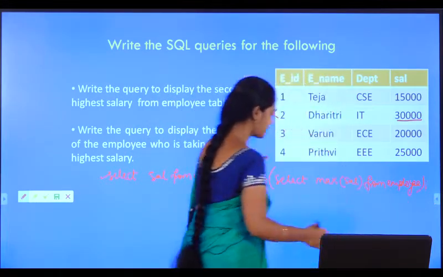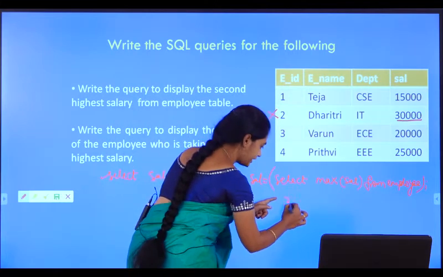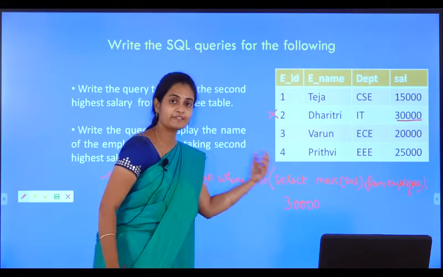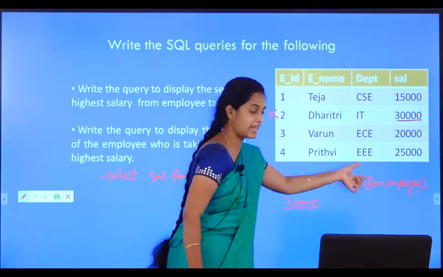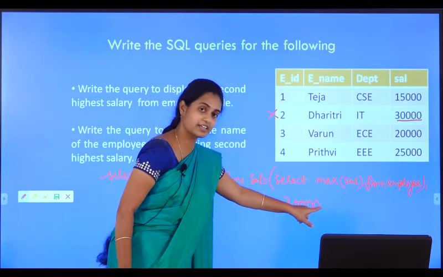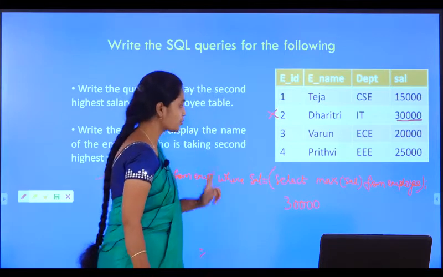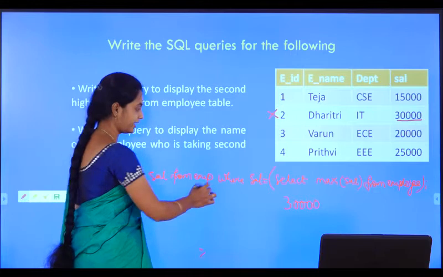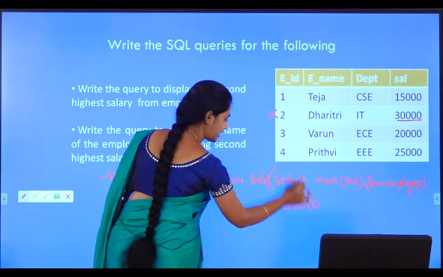Now what happens here? First, the inner query will be executed. What is the inner query? Select maximum salary from employee. What is the output here? I have got 30,000. Now I need to exclude this tuple. So I select the salary from the employee where salary is not equal to 30,000.